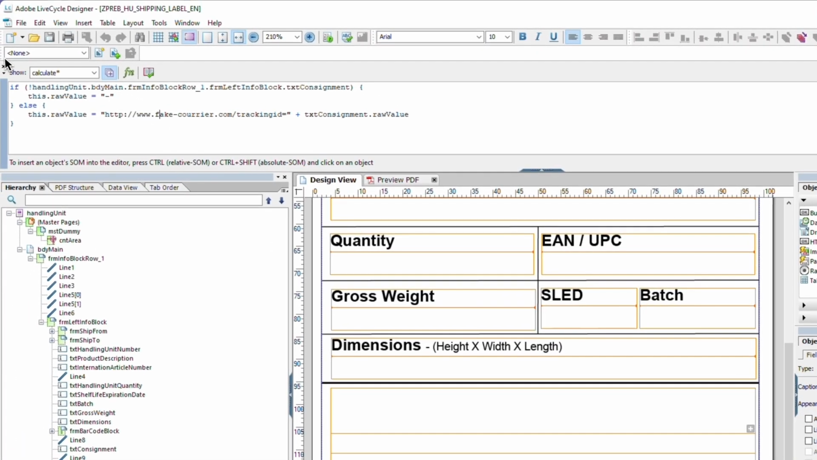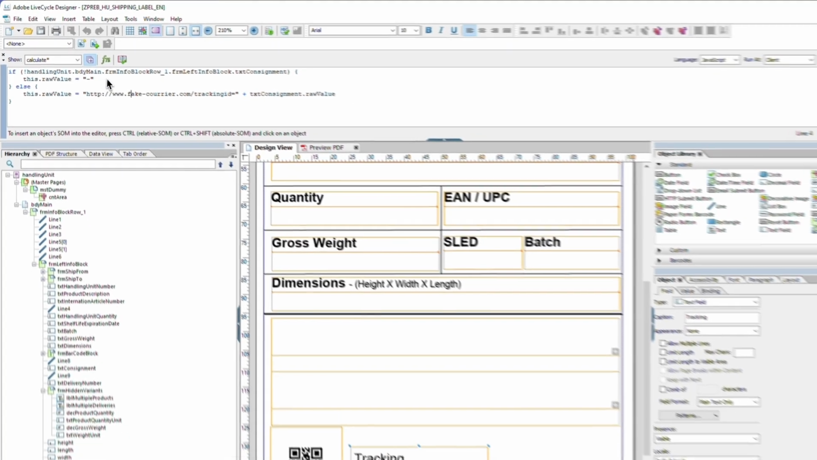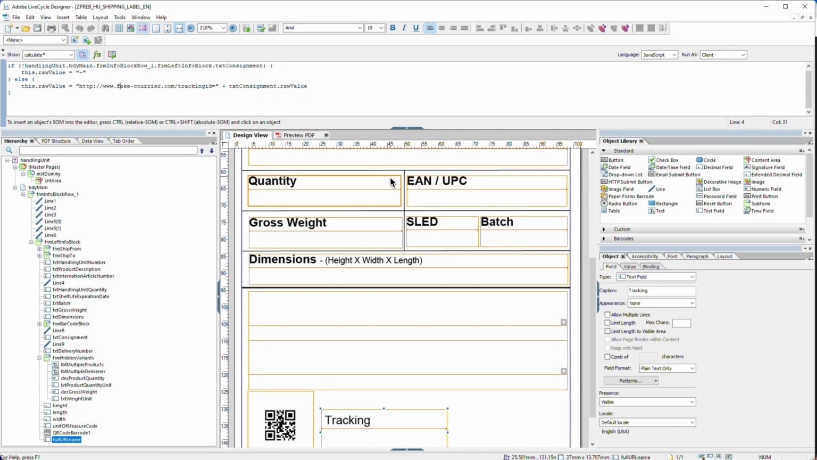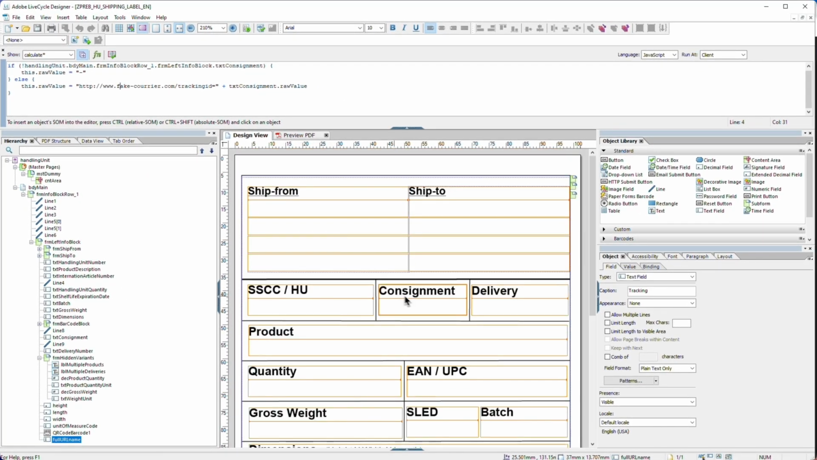Okay, and so here it is effectively saying that if we don't have the consignment number in the form, then we're just going to put the raw value to dash. Actually, what we could also do is add on the QR code a presence check to see that if the full URL name is not filled, then we don't even print the QR code. But anyway,